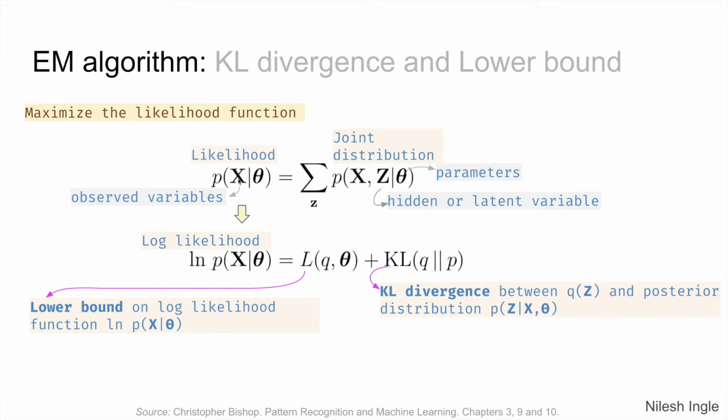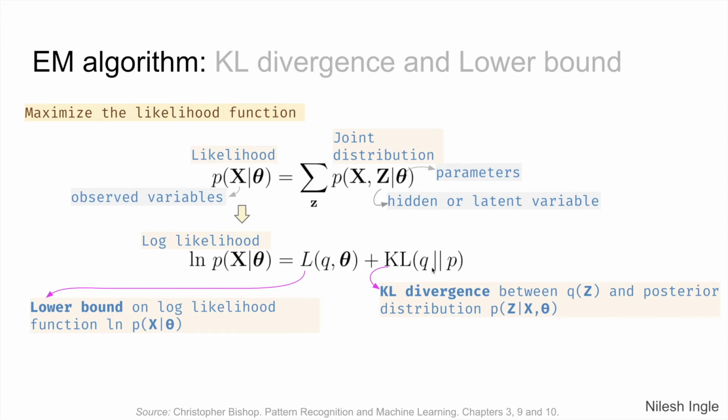So in that situation, we have the denominator in the Bayes formula, which is the evidence, that becomes difficult to calculate, and so an alternative is to perform this decomposition of that equation. We are not going through the derivation here, but just to show you what the final output of that derivation would be. So we have the log likelihood that is equal to the lower bound of q and theta plus